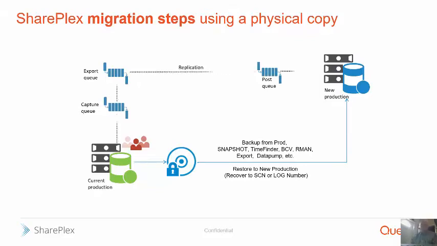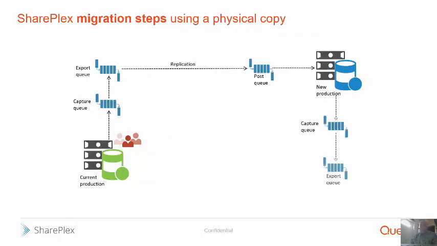Next thing you're going to do, in order to eliminate the risk of migration and then having to fall back for whatever reason, is start replication from the source, your new production, back to the old production, which is now a target. Again, you're not going to post the data. You're just going to hold it in the post queue. And there's really going to be no data there yet because there are no users. But at this point, you can also test your new production environment. You can make sure everything's working right, move some users over there, test it. Maybe you're going to want to repeat this process 2 or 3 times to get your timings down right and get everything that's happened. Doesn't matter because your users are still over here. They've seen no downtime yet at all.